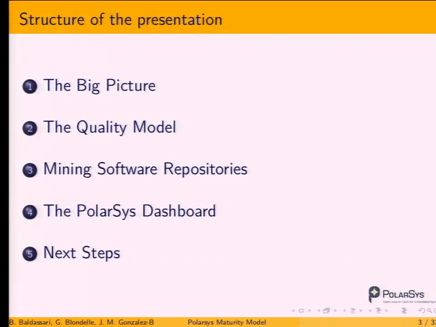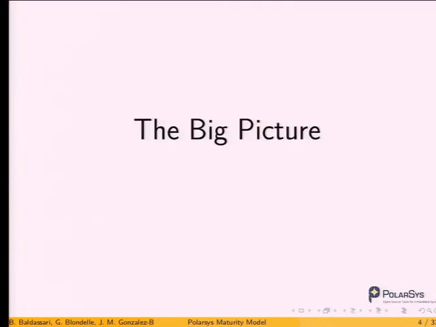During this presentation, the first section will state our objectives and say a little bit about PolarSys. Gael will do that. Then we are dealing with quality. One of the first things we will do is defining what quality is for us. Then we will use metrics to assess the quality and the maturity of the project. So we will talk a little bit about what metrics we get and how we get them. And we will demonstrate the proof of concept that we developed. And finally, we'll give the next few steps for the projects. So, Gael.